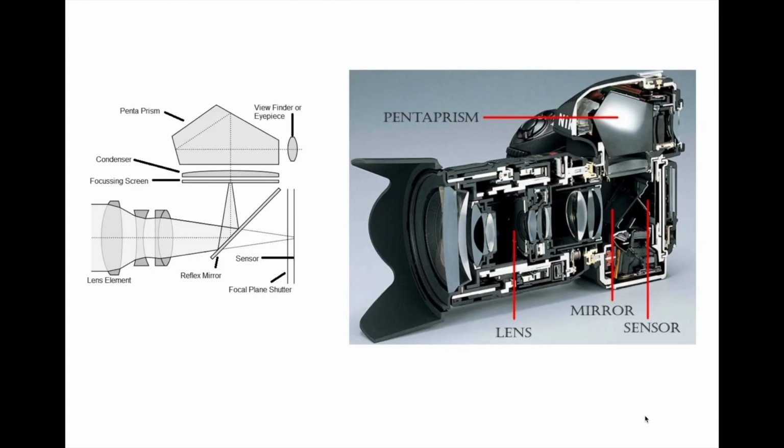So this is a typical single lens reflex camera, or SLR camera, and you'll notice here you have two series of lenses here, and then you have a beam splitter, a little mirror that directs some of that light energy up into a prism, and this prism bends the light 90 degrees so that you can then see it out in the objective. And so the other pathway for the light makes its way onto the image plane and provides a picture, but then the pathway of the light that goes up